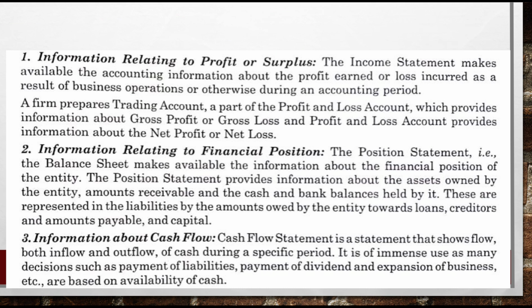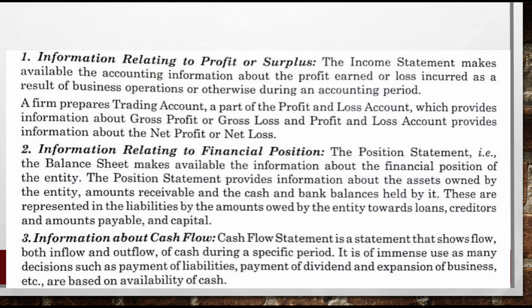Definitely, in a company's case we get it from one statement, but in other cases except companies, it is a profit and loss account form. The profit and loss account actually has two parts: the trading account and the profit and loss account. That's why it is called the trading profit and loss account. Clear? So trading is the first part, and the second part is the profit and loss account.